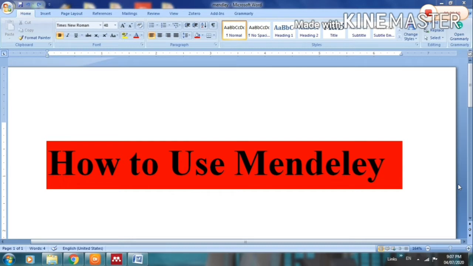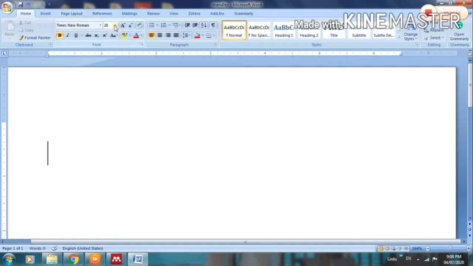You all know very well, Mendeley is a desktop version which is used for citation and bibliographic reports. So, in the research field, it is a very essential tool for us. So, let's see how to use it. So I have this Word file,